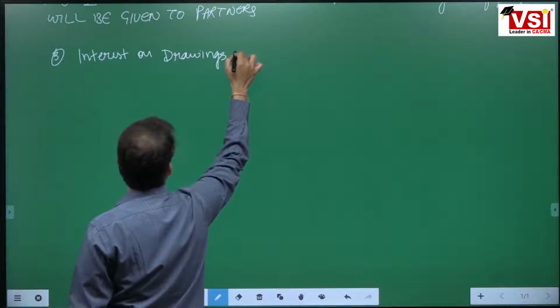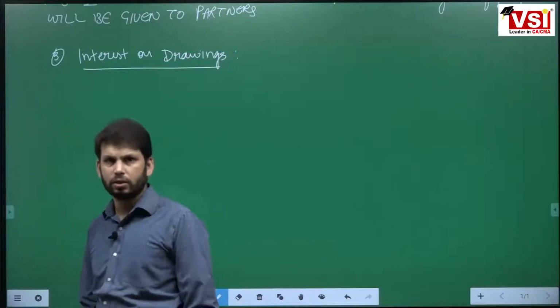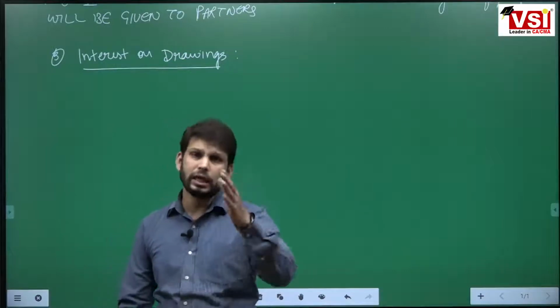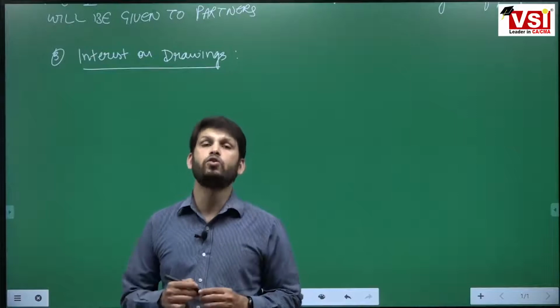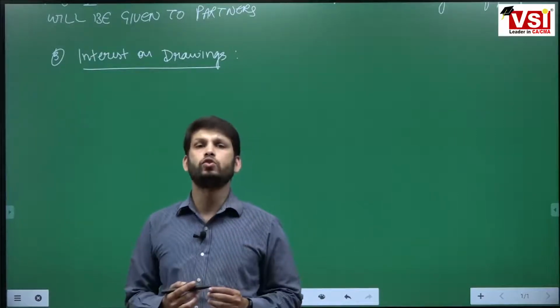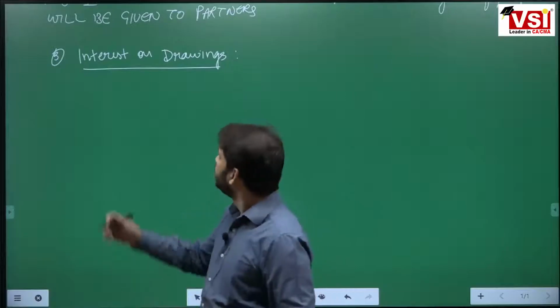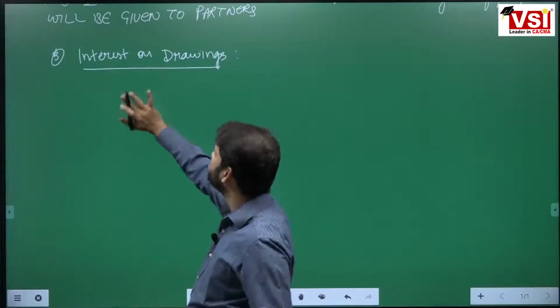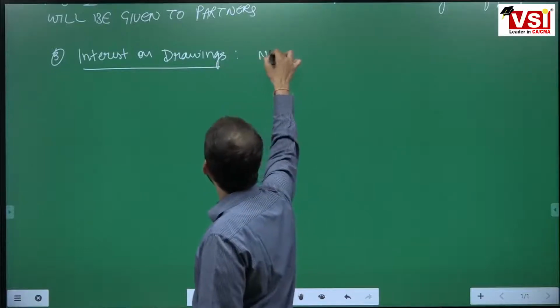What are drawings? Drawings are the money withdrawn by the partners from their capital. The firm can say, if you are asking me to give you interest on capital on the money that you have invested, I can also ask you for interest on drawings on the money which you are taking back from me. So, if there is no mention of interest on drawings, then no